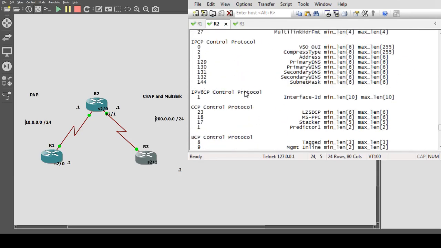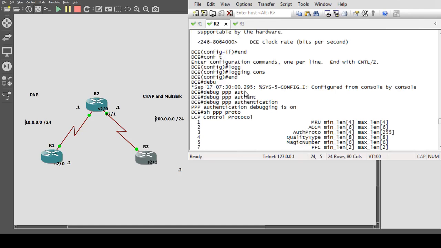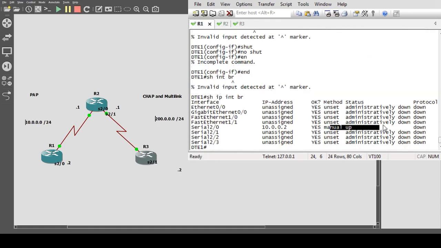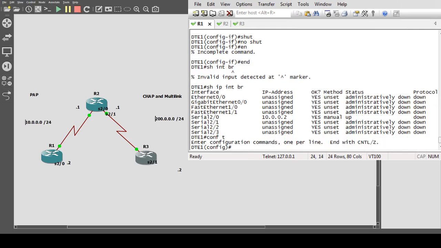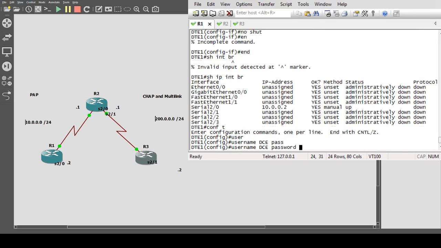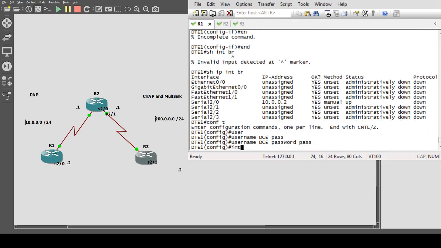Did I put the logging console on? On logging console. Yeah, it's on. There's nothing wrong with it. It's up. However, protocol here is down, so we're going to recheck our configuration. Hostname, yes, username. Username DCE, password is pass, interface serial